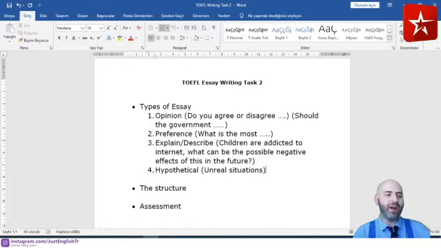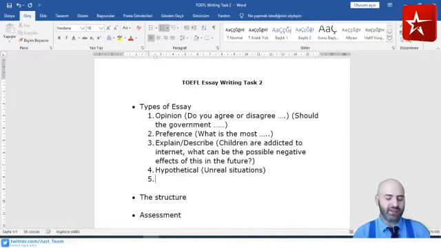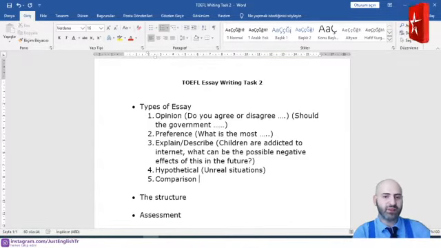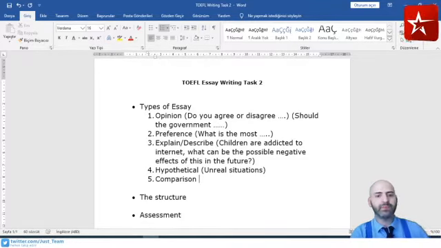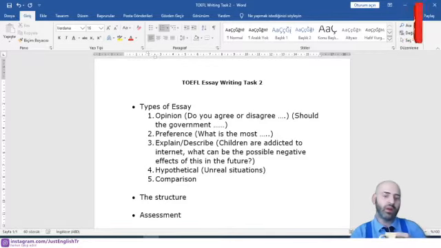And we have one more type of essay, type number 5. It is contrast or comparison type of essay. Probably everybody understands the comparison type of essay. You are given two different things and you need to compare these things, or maybe you are given one thing and you need to talk about positive and negative sides of this thing. For example, I'm drinking cola right now, and maybe the essay can be compare Coca-Cola and Pepsi to each other, or discuss the positive and negative sides of cola.